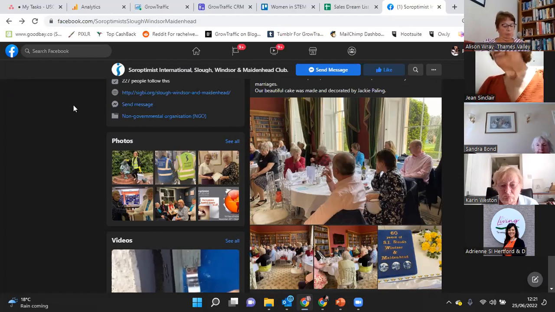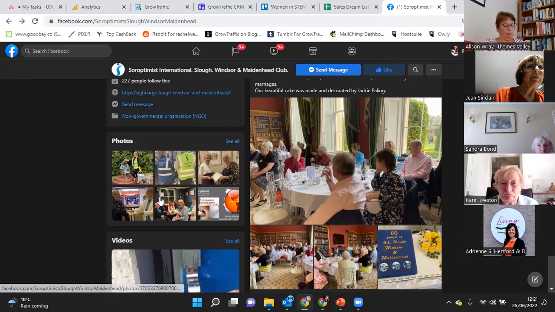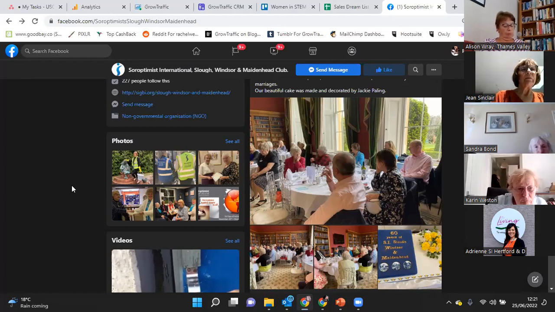And this is really nice when you look at your photos here on the left. You've got a really nice selection there. You're putting across the impression of being a social club. Sometimes you look at these and they can be very political. I mean, ours, because we're an e-club and we've only just started, we're due to be chartered soon, but we haven't had the opportunity to meet very much, and we don't just want to keep putting up pictures of Zoom calls because they all look the same. At the moment, when you look at ours, you just get quite a lot of static graphics with facts and figures, and the odd picture of us doing something, but not a lot.